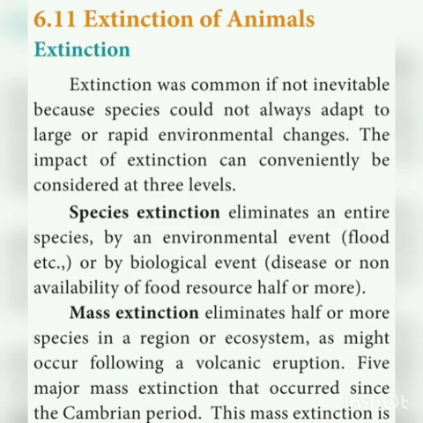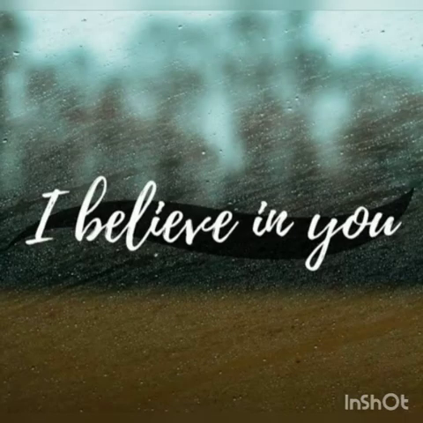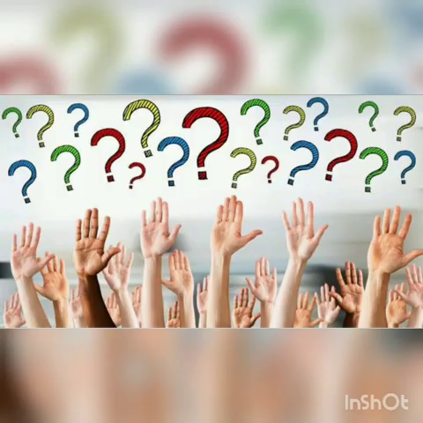Extinction na the animals வந்து அழிஞ்சு போகுது. Environment மாற animals எல்லாம் அப்படி தாக்கு பிடிச்சிக்கிட்டு இருக்க முடியாது. So it can change or it can go extinct, செத்து போயிடும். So there are 3 types of extinction: species extinction, mass extinctions and global extinction. So you have to go through all these extinctions. So read each and every line in this lesson. So it will be very important for you to score good marks.